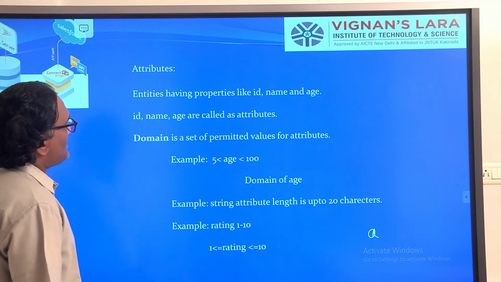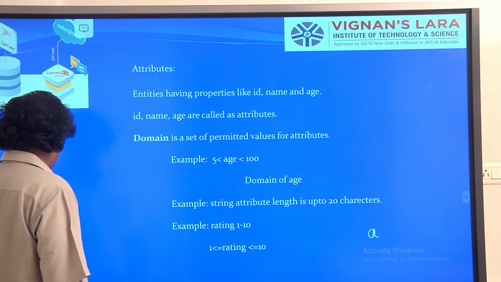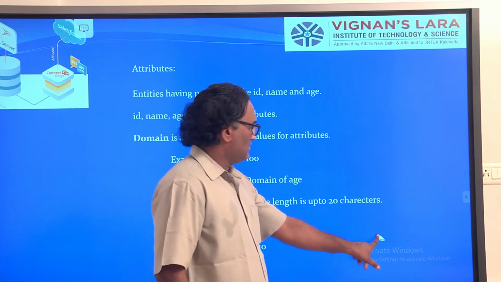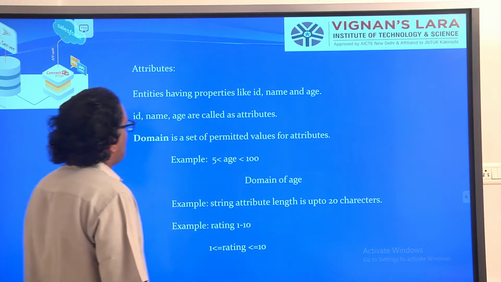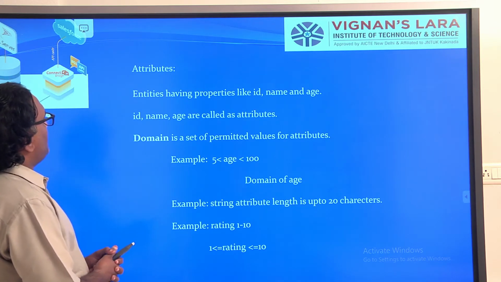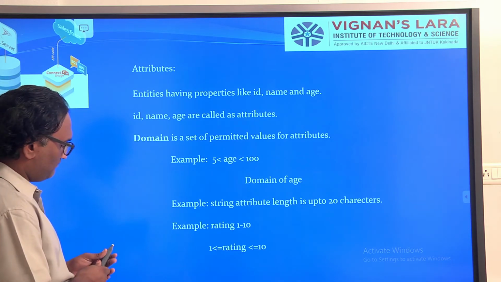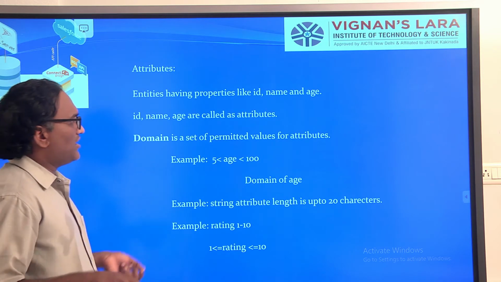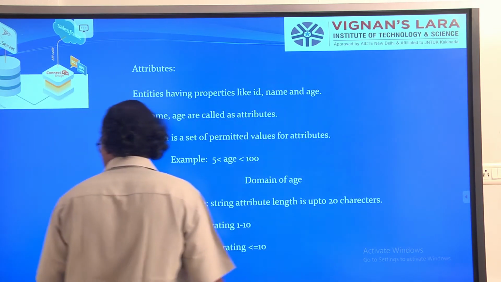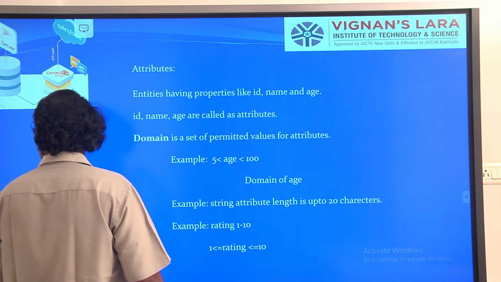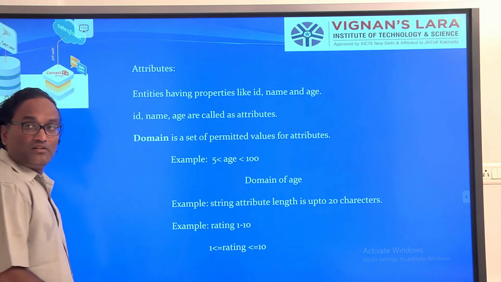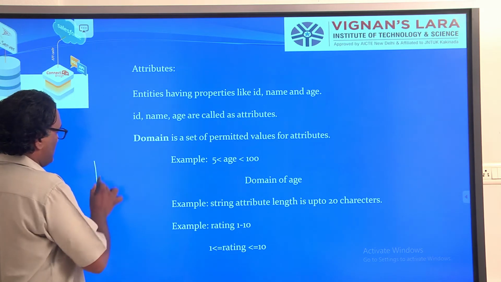Let us discuss attributes. We have a table.